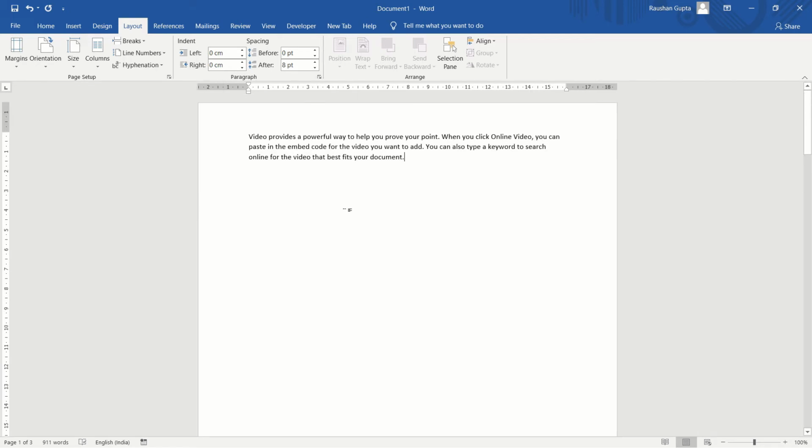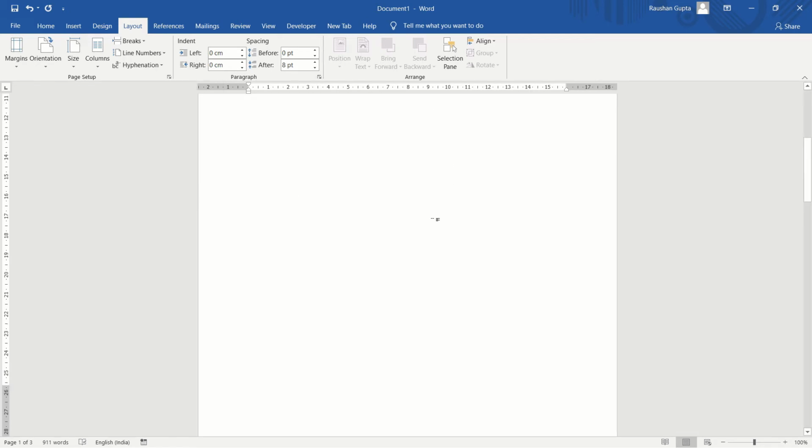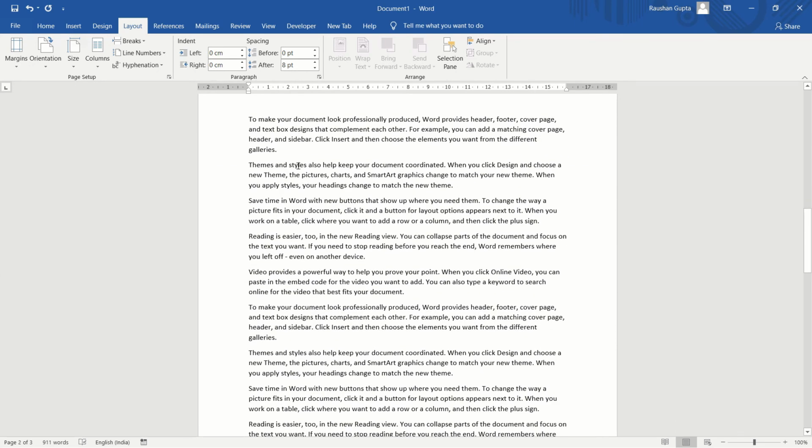For example, you can see here this word is "galleries", and here there is a small gap, but still this word has moved to the next line. So if you want to use this space also, then you can simply choose Automatic hyphenation, or you can go through Manual also.